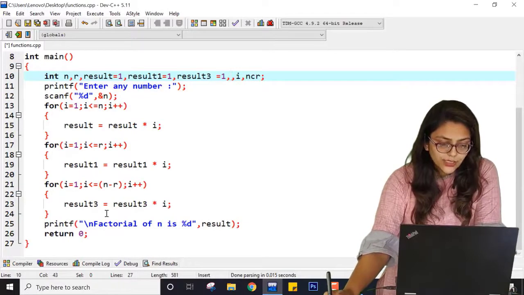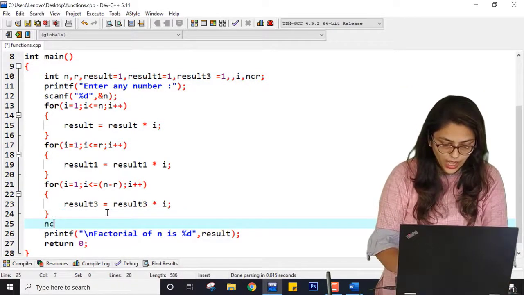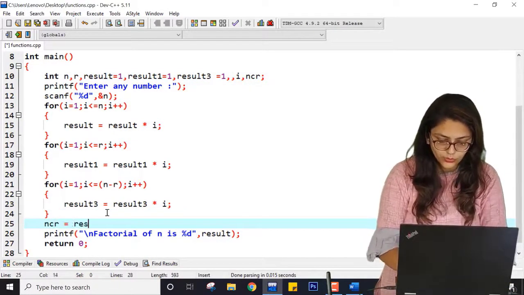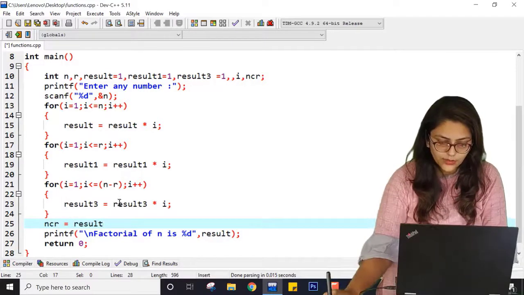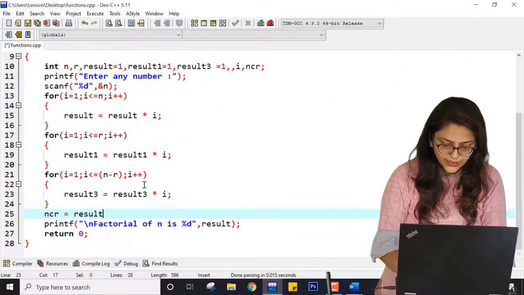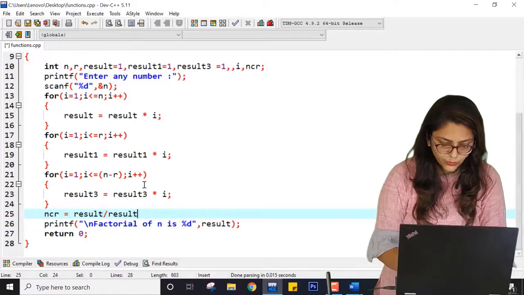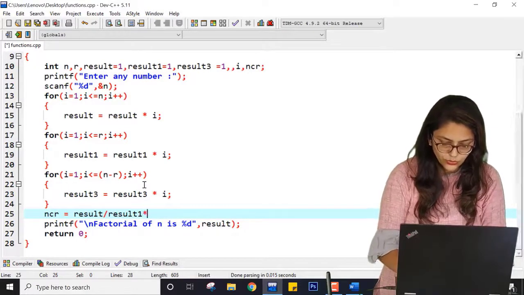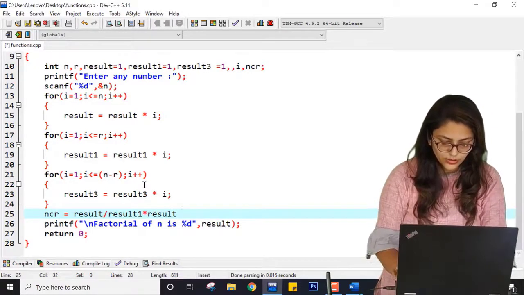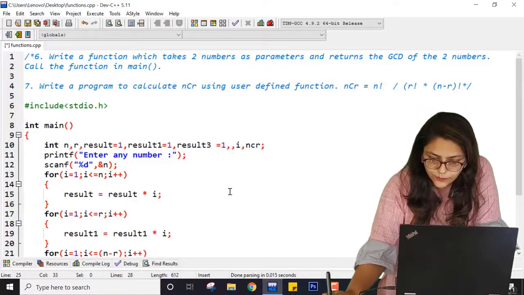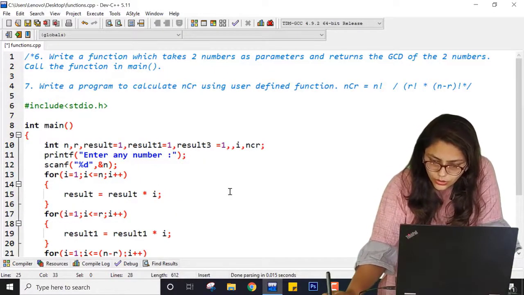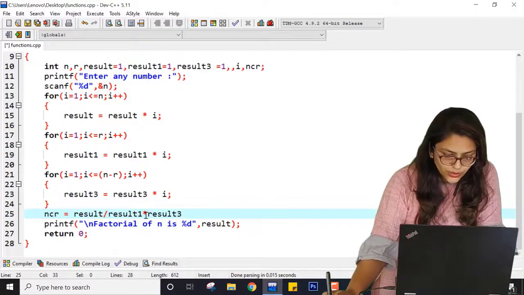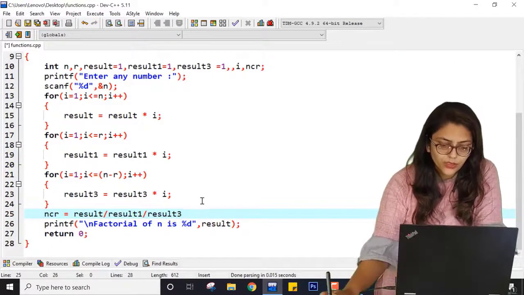And after this you have to find NCR equal to result divided by result1 into result3, right? Is this correct? Yes, but both are in division, so here it will be divide only.